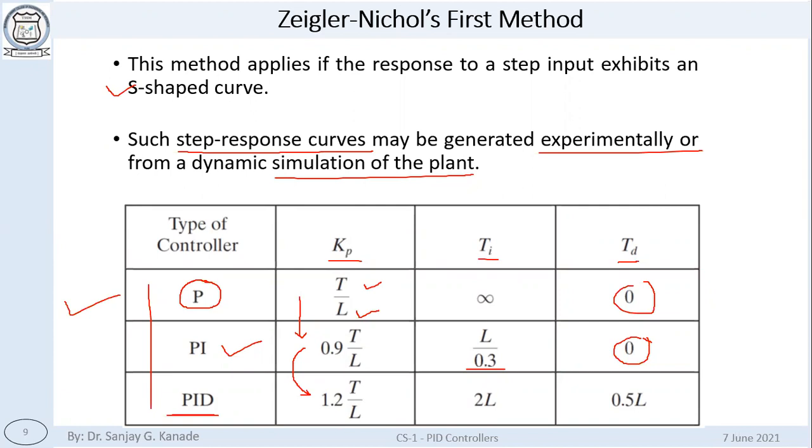As far as the questions in the exam are concerned, generally you may be asked to explain this method, but this time it is quite difficult to write the full method. However, the table values may be asked in case of MCQs. So anyway, you have to remember all these things by heart. Any question?